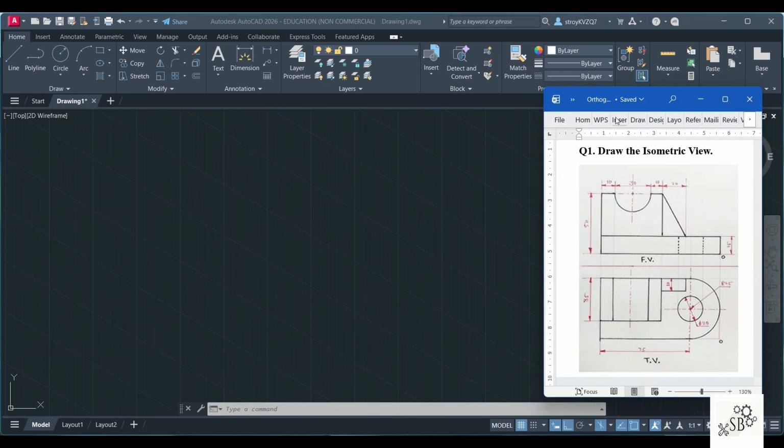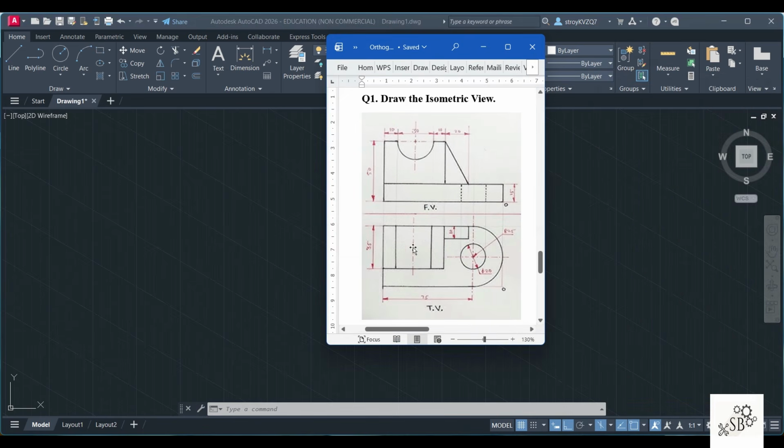So we will first observe our diagram given. We have to first find out this point O. As you can see, the O is here in the front view and the O origin is at this point for the top view. So this is the connecting point for these two views. This basically is here at the top.